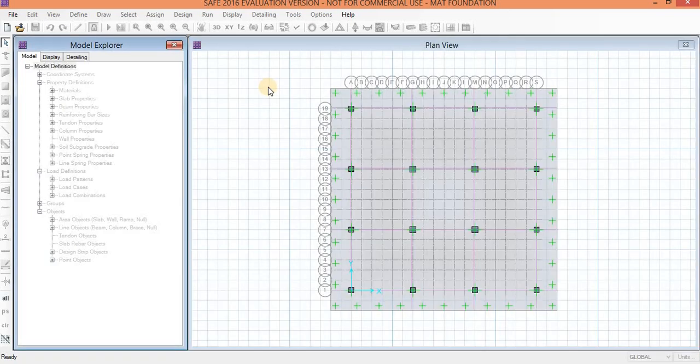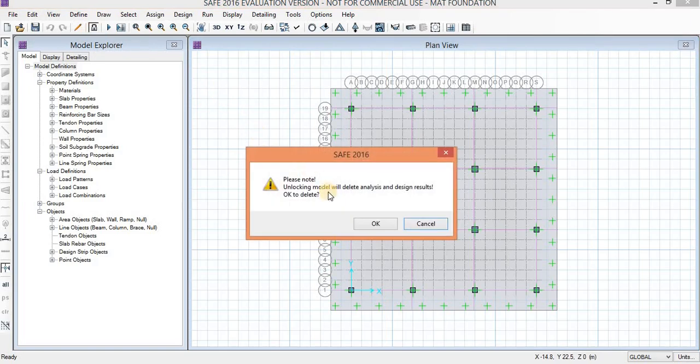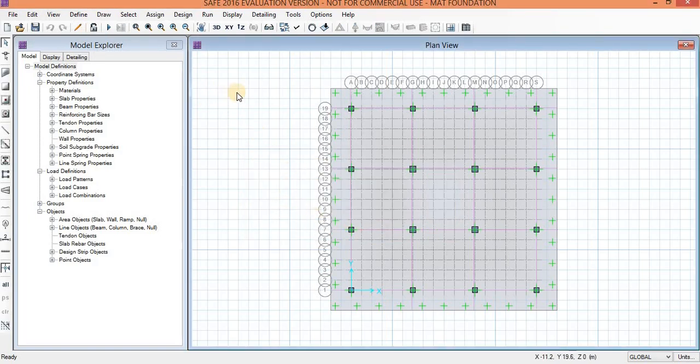As you can see, I have assigned everything in this project, and I just have to run the analysis and show you some important results. Since my model is locked, I will unlock it, since I have run the analysis before. Now I will show you some of the properties.